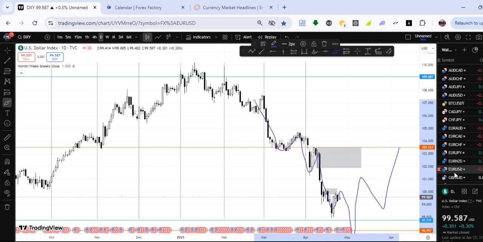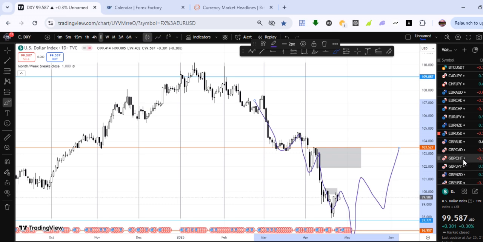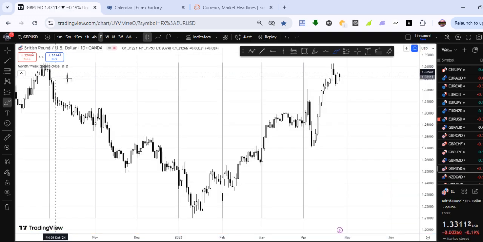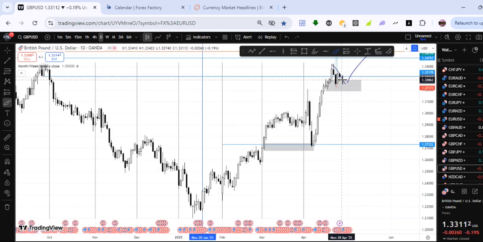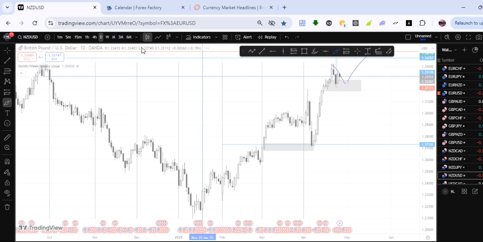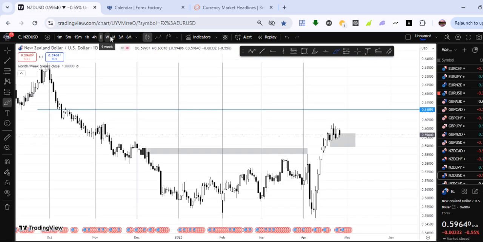We can pick a pair, and I'll look at GBPUSD as a pair I would like to follow up with. I've been looking at price bouncing to the upside on Monday, and I'm still expecting the push to the upside. NZDUSD, what we have is price continuing to the upside, because I don't really see any reason why price should end here. There's nothing here. Well, the market could grab liquidity, then continue to the upside.